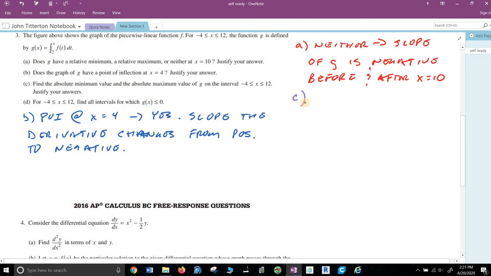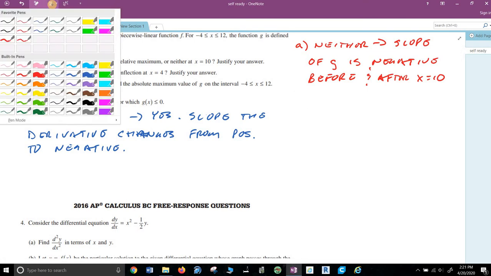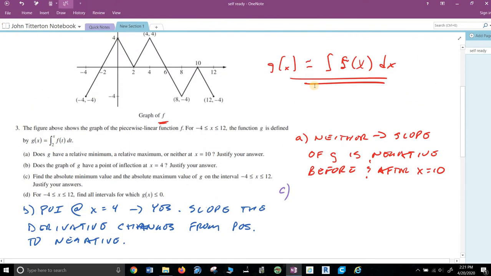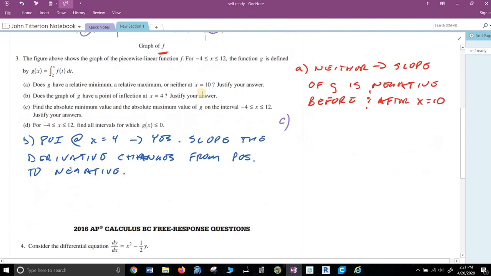C, find the absolute min and absolute max, from -4 to 12. And this one requires a fair amount of work, and I will shortcut it. But here's what people had problems with. I'm looking for where it breaks and then the endpoints. Alright, so we start at 2, don't forget that. We want G of